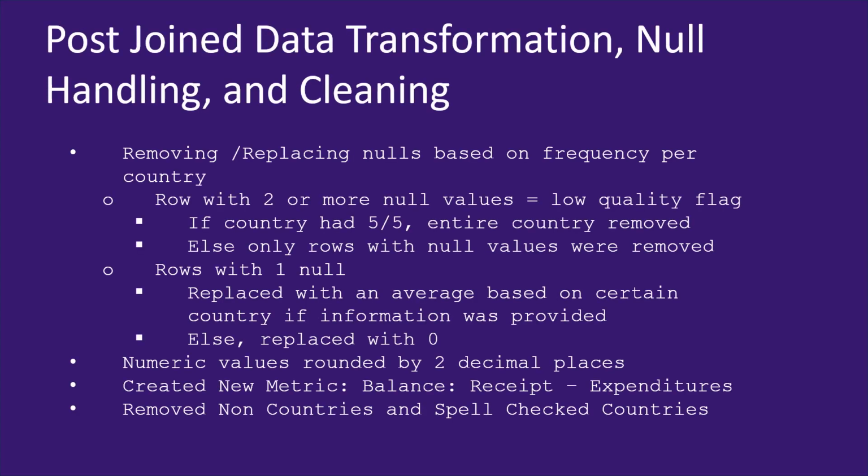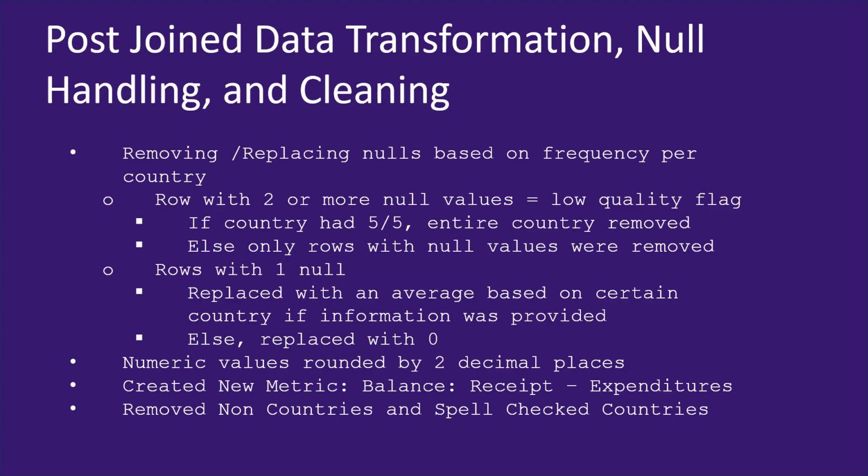After our join, we have to figure out exactly how to deal with nulls, in which rows that have 2 or more null values will be a low quality flag. If a country has 5 out of 5 entries, the entire country will be removed since all of them are low quality. Everything else, if not 5 out of 5, with null values, were removed as well. Rows with one null were replaced with an average based on a certain country if information was provided, and anything else was replaced with a 0. Once that was completed, we would round our numerical values by 2 decimal places. We created a new metric titled balance, so our receipts minus expenditures,